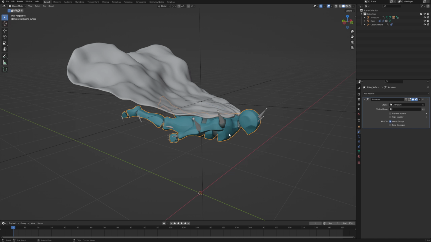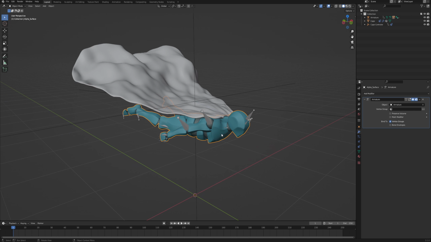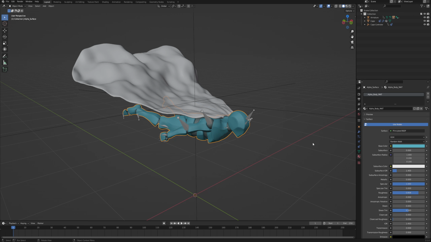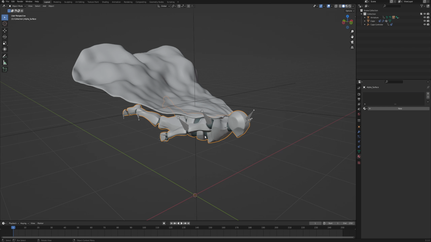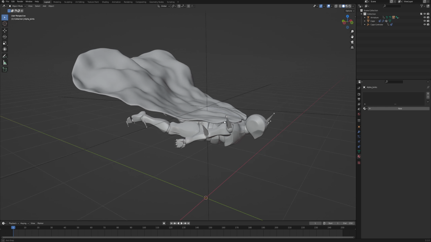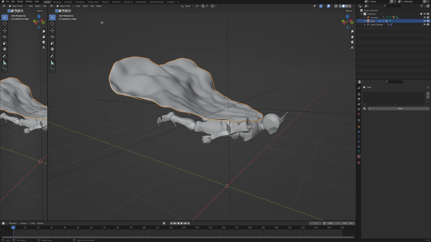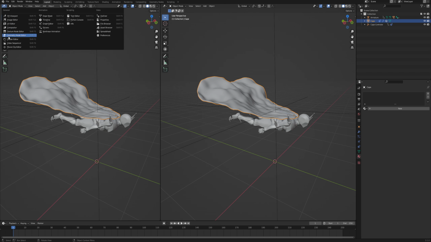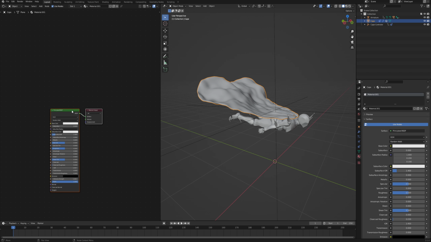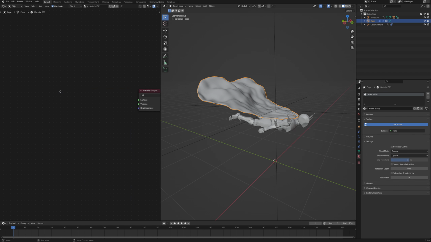So first of all, you can see that this armature already has sort of colors, sort of material applied. So just make sure that you go in there and click this minus button to remove all the materials that it may have before, because we will not be using them, we will create our custom ones. So let's start with the cape. Let's select it and then drag in a new viewport and change it from viewport to shader editor, and then click new to create a new material. We can delete the principled BSDF as well.